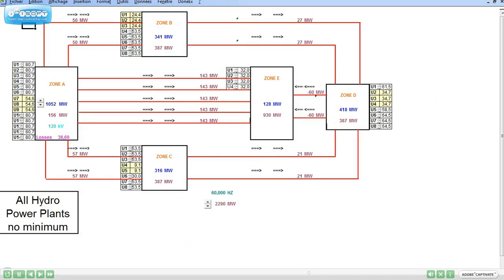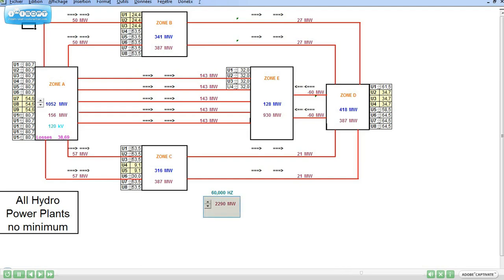Here is an overview of another simulator level. With this simulator, users will have to increase the load up to 4,000 megawatts. Each time the AGC signal will appear, users will have to press on it to correct the frequency. Each time there will be overloads on line or generators, the users will have to redispatch, or to reconfigure the grid to remove the overload.